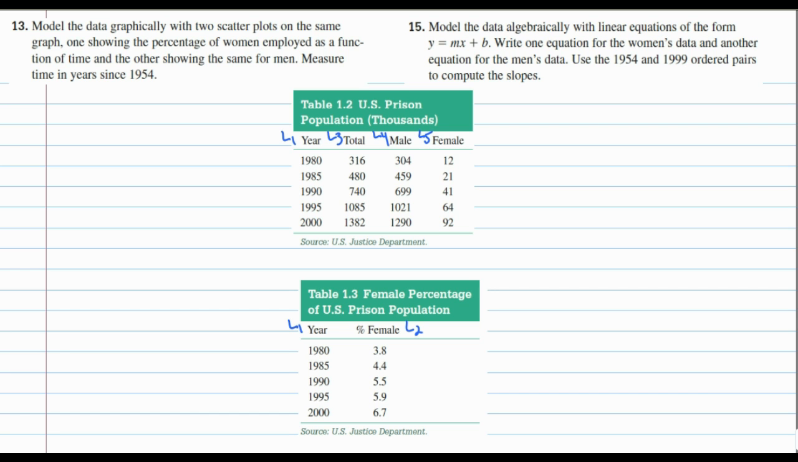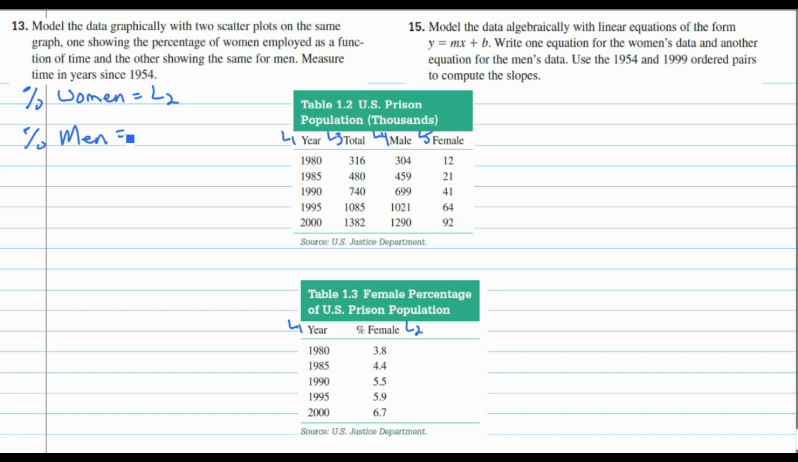So number 13, now that you have the data entered in, wants you to model the data graphically with two scatter plots on the same graph. One showing the percentage of women employed as a function of time and the other showing the same for men. Measure the time in years since 1954. So we want the percentage of men and the percentage of women. Percentage of women is L2. The percentage of men,